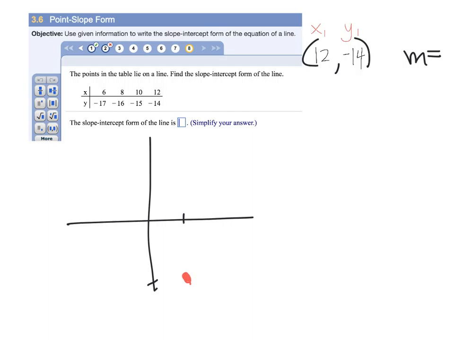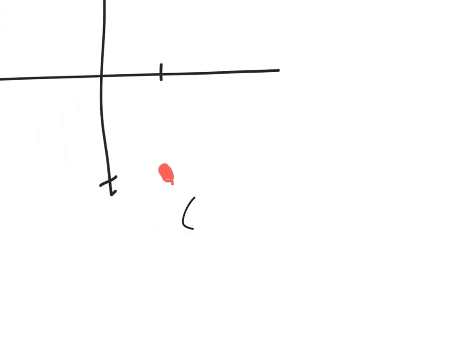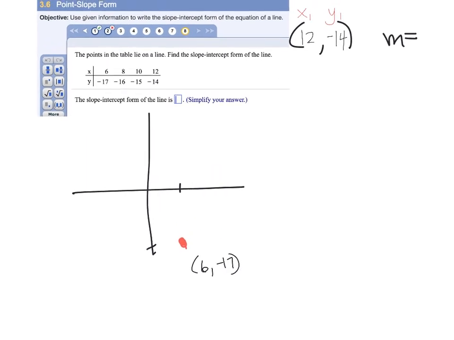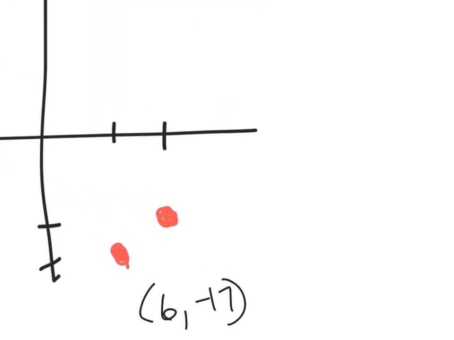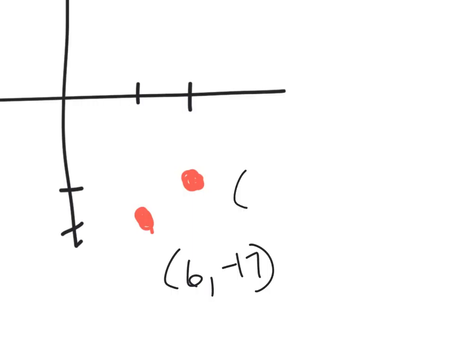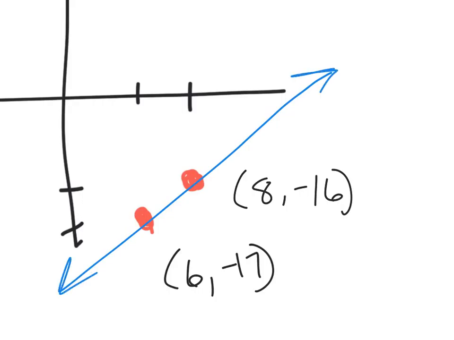All right, so I'm going to zoom in. I'm going to write that down as 6, negative 17, just as an estimation. Now, let's do 8, negative 16. So where is 8, negative 16? Well, 8, negative 16 is going to be a little bit further, but not quite as deep. And so it's going to go right here. I'm going to zoom in. That's our 8, negative 16, and I will record that right here. So remember, here's our line, and we have to figure out our rise